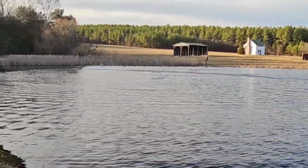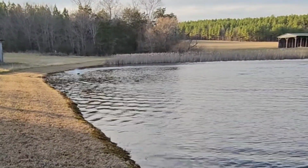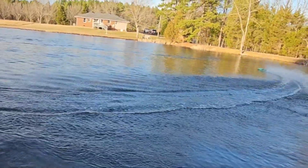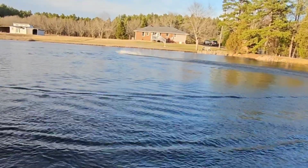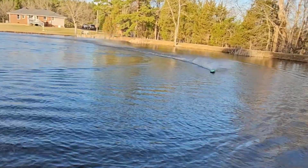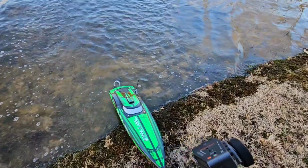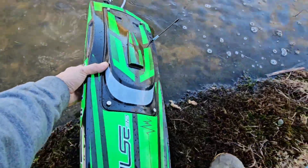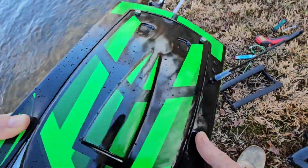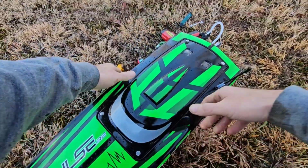Wow, okay. Yeah, it just does not want to turn that direction. I'll go out here and make a quick turn and come back towards us. Okay, now, I think it runs pretty decent. I'm gonna make sure I don't have any water in it. Okay, it's running pretty decent right now. It's still a little